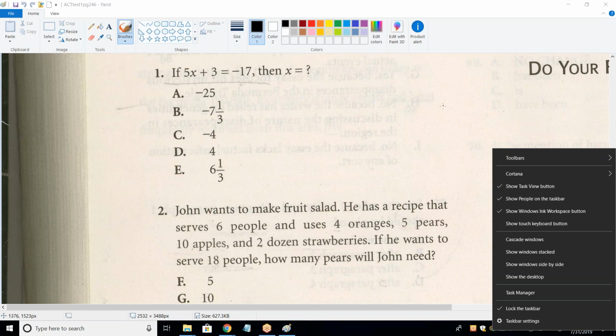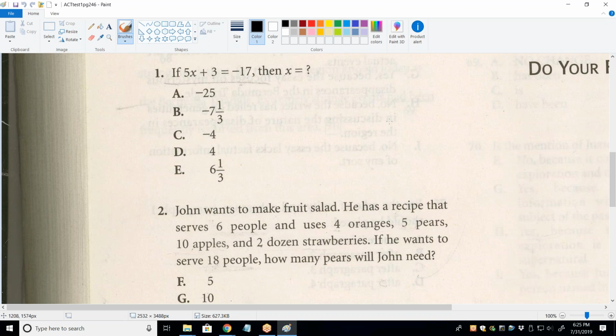Hold on. Hold on. Let's start back at the beginning. What's the first step you do here? Okay, so what's the left side equal? Okay. Yeah, okay. Now,